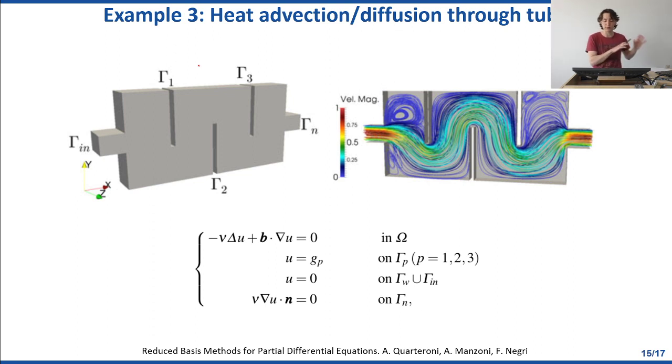They computed the fluid flow beforehand, and they're interested in the heat exchange here given different temperatures on these flanges. The parameters here, there's going to be 4 parameters, I believe. It's going to be the temperatures on gamma 1, gamma 2, and gamma 3, and it's going to be the diffusivity of the flow, or the heat